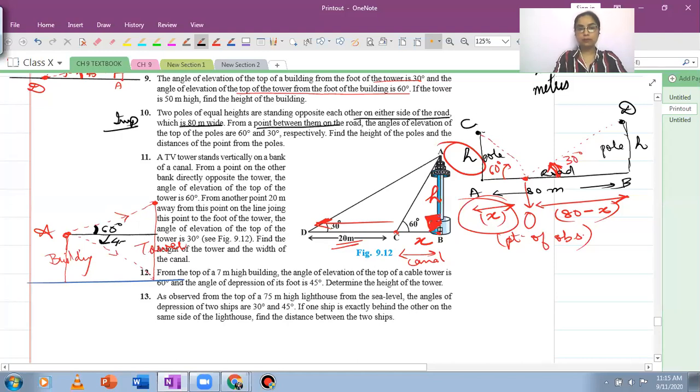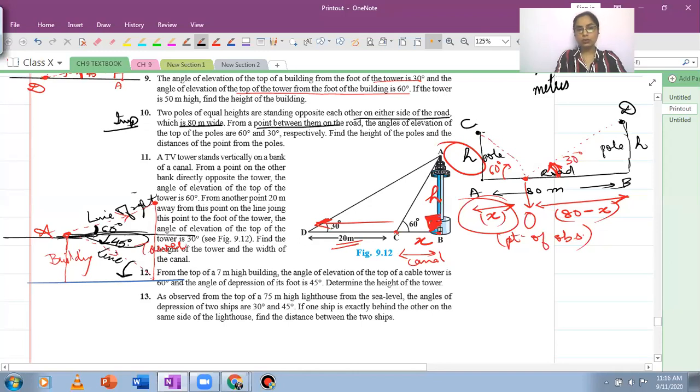This is 45 degrees. This is the most important part, that when you mark the angle of depression, it is always to be marked with the line of sight, horizontal through the point of observation along with the line of sight. So this here is the horizontal through the point of observation, and this is the line of sight. ऊपर देखते हुए ये line of sight है, नीचे देखते हुए ये line of sight है, तो इसके साथ angle बनेगा. But we are not going to use this over here, we are going to just use this.